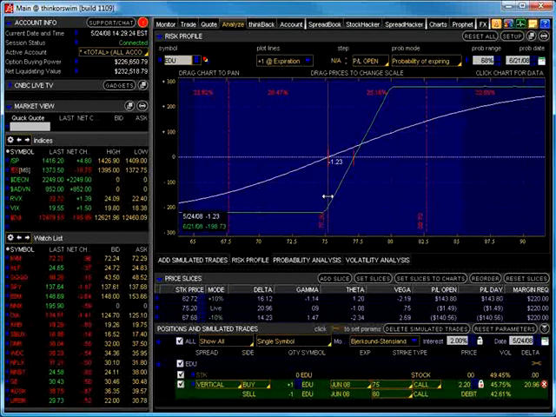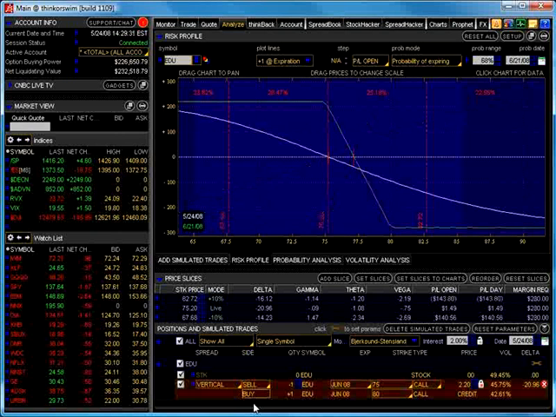The profit scenario for the sale of a vertical spread is that, and let's just switch these around here. We can go sell on this and buy on this, just to show you exactly what happens. If the stock